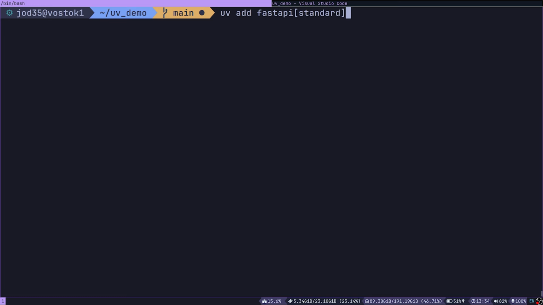Now this is what makes UV interesting. Instead of downloading each package one by one, UV will parallelize. What it will do is split all these into chunks or download individual packages all at the same time, enabling us to fetch packages faster compared to tools like pip. So if I did uv add fastapi standard and maybe Ruff,